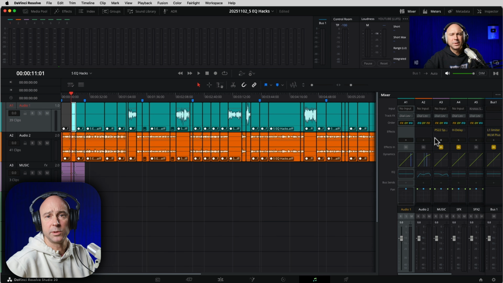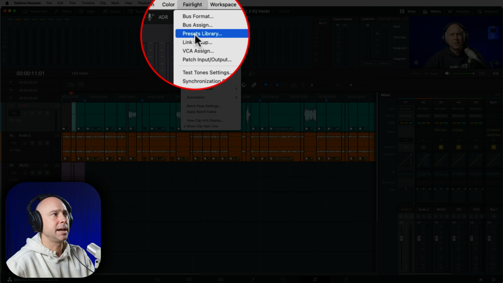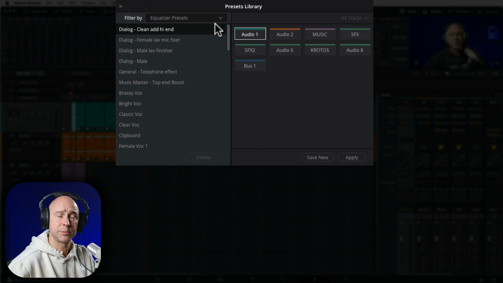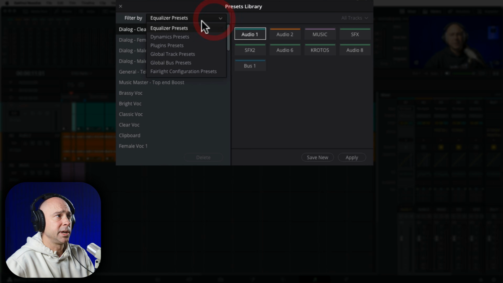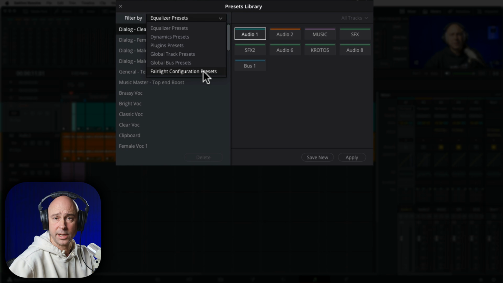I'm generally recording with the same mics, although I've got a new Sennheiser here today. So what I would do is I would come in and edit my audio, make it sound how I want. Then I would save that as a preset by coming up to Fairlight Preset Library. In the preset library, you've got options on the different things that you can save. If you click this little drop down, we can do EQ, dynamics, plugins, global track, global bus, and Fairlight configuration